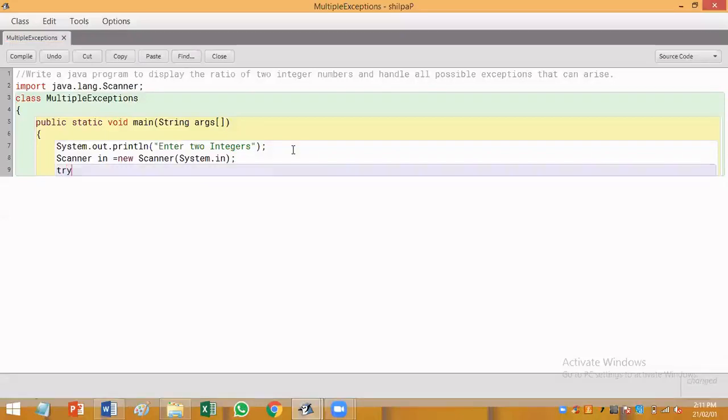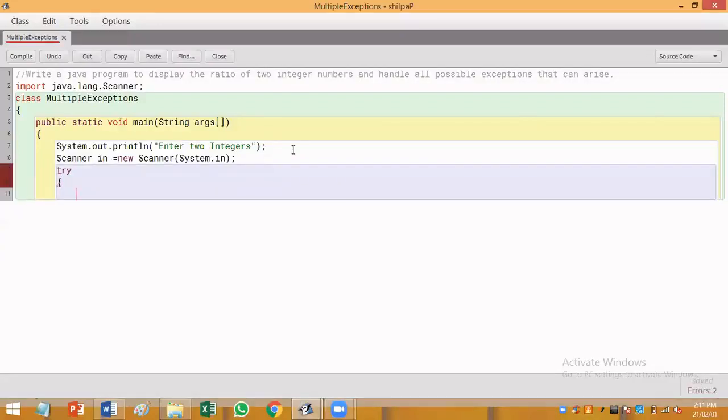To catch an exception manually, I use try-catch blocks. So I'll create a try block by writing try, then bracket open. Within this try, I'll write int num1. So how to read the input value for this number?